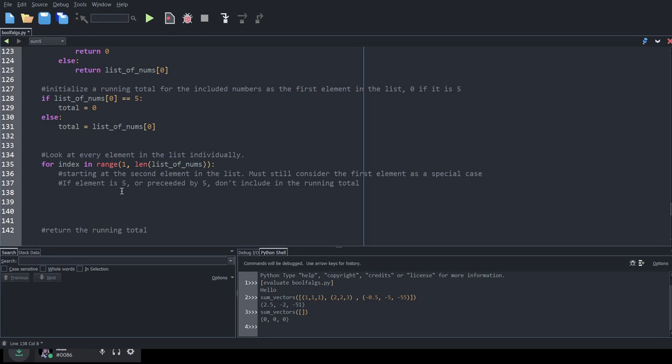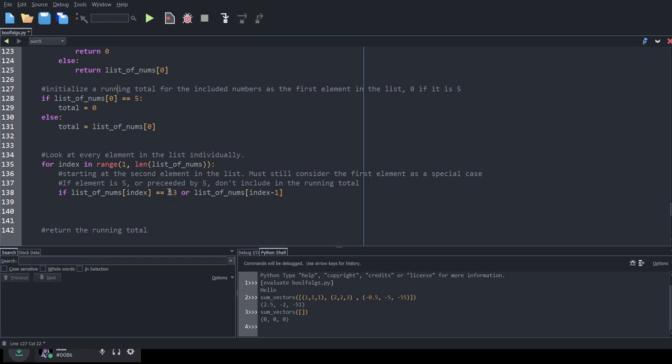So when we're looking at an index, we want to check if the current thing that we're looking at, list of nums index, is equal to 13, or list of nums index -1. That means the thing before what we're looking at right now.